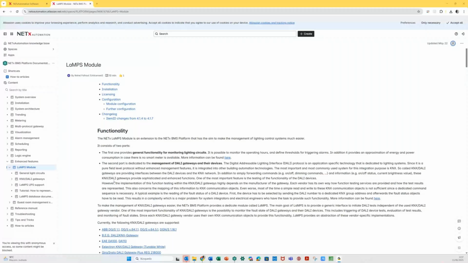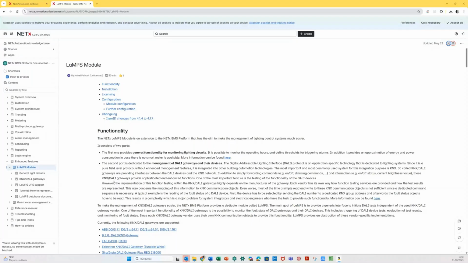So functionality is explained here, but we need to understand that every single DALI gateway from each manufacturer, in this case we are going to focus on ABB, of course, has different approaches to this monitoring of the lamps and the ballast and so on. So in the past, or if you don't have a BMS like ours, the integrator normally has to take out these objects in KNX about every single ballast failure, every single lamp failure, and this is wasting a lot of resources from different points of view,